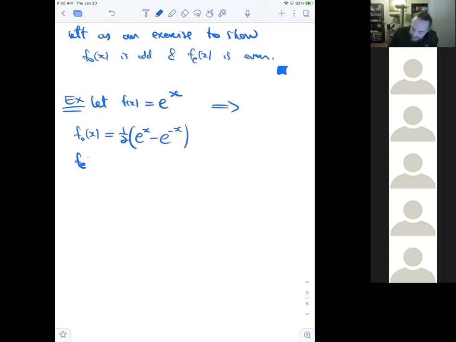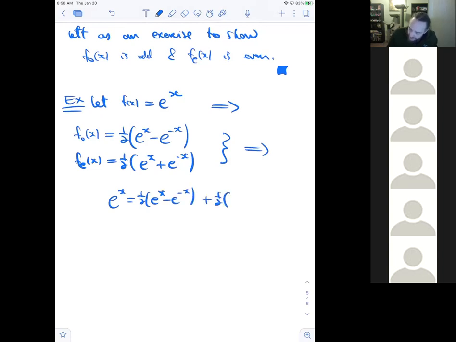And f_e of x is 1/2 e to the x plus e to the negative x. This says e to the x is equal to 1/2 e to the x minus e to the negative x plus 1/2 e to the x plus e to the negative x,